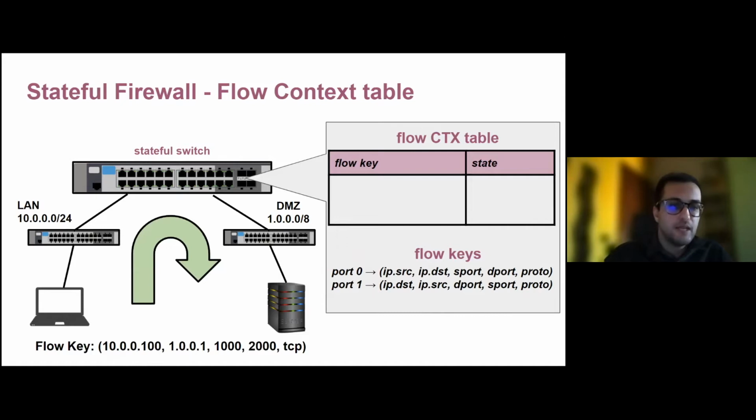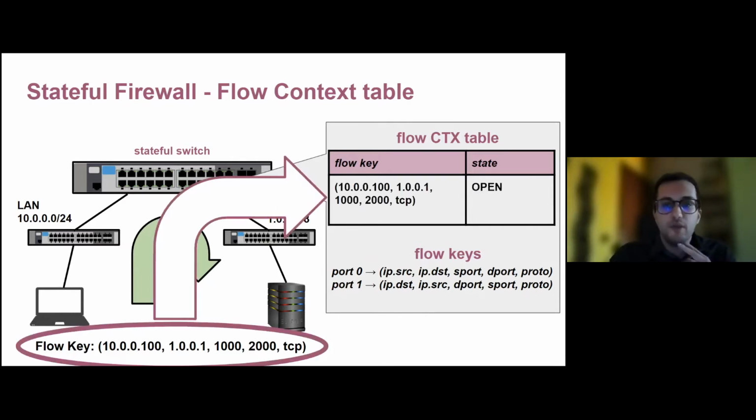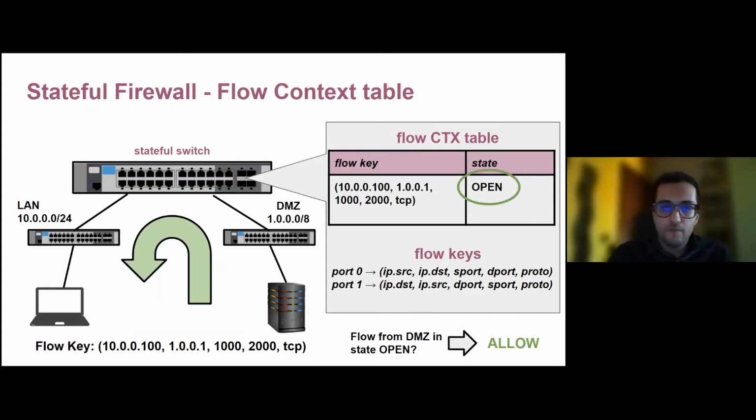Okay, so let's imagine the first packet of a new flow from a client in the LAN. The flow key is added in the flow context table, and the state is updated, and this state is, for example, set to open. The response to this packet, which has the same flow key from the DMZ, matches and finds the flow key inside the flow context table,